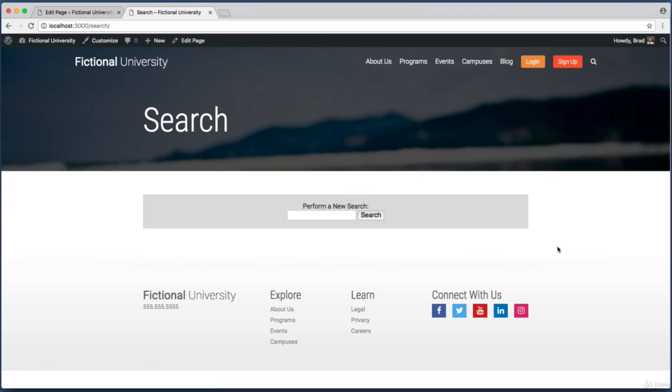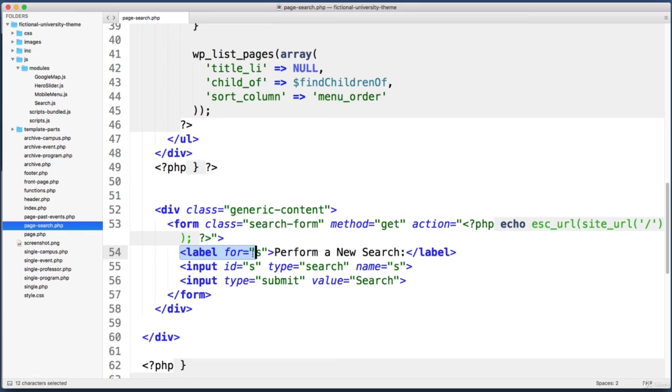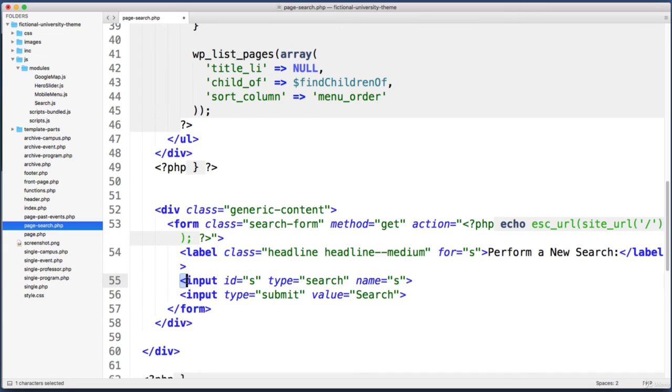it should look something like this, and clearly we are not done yet. So first, let's make this label text a bit larger, and then after that, let's adjust the sizing of the input so that it uses up the full width of this box, with just enough space left over for the submit button. So first, let's give the label element a class of headline and a second class of headline--medium. All right, and then in order to make the search field take up all of the available width and